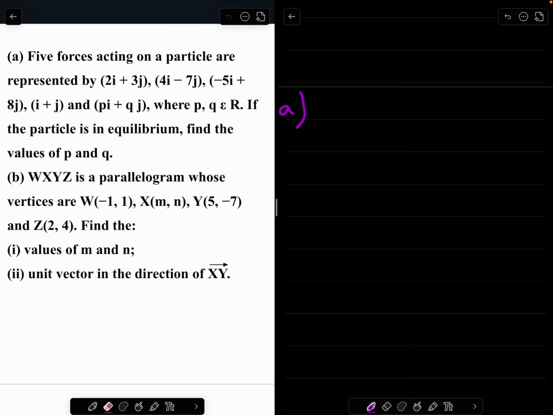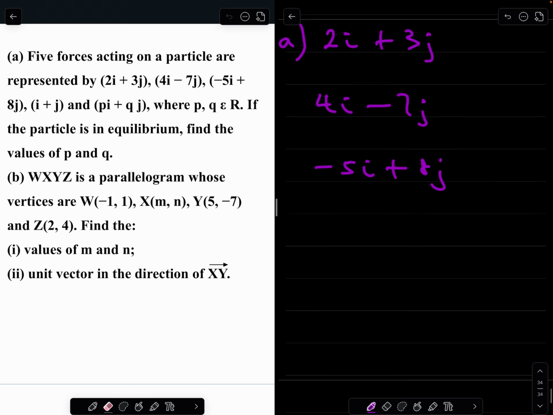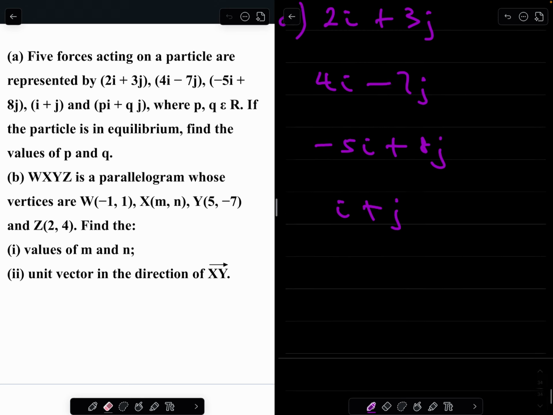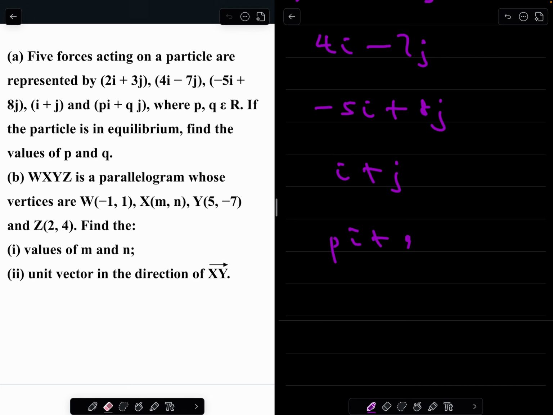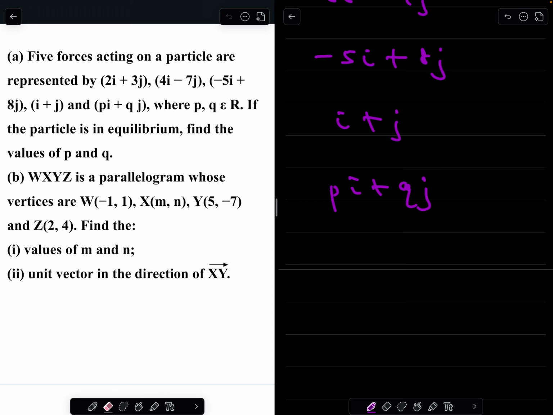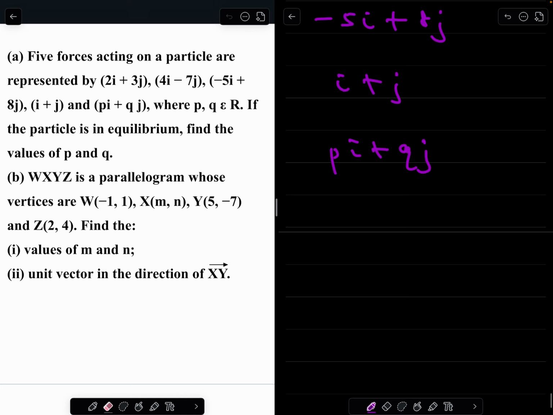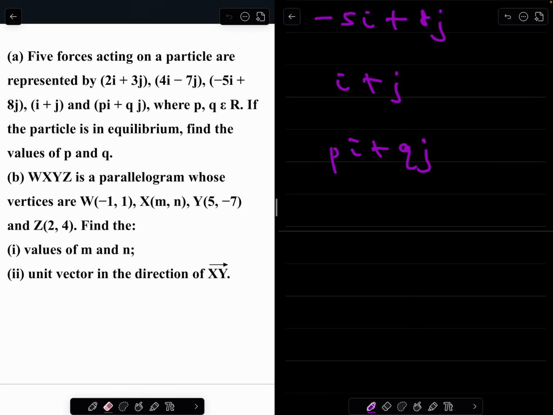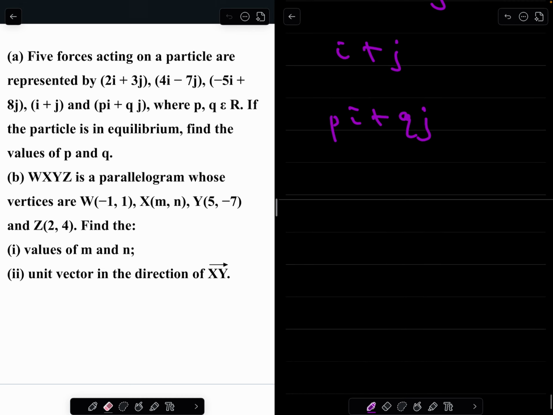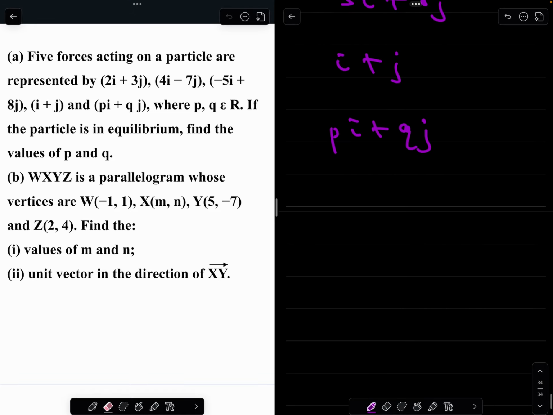Now, question A. The five forces acting on the particle are 2i plus 3j, 4i minus 7j, minus 5i plus 8j, i plus j, and pi plus qj. If the particle is in equilibrium, find the values of p and q, where p and q are real numbers. Now, what do we do? We can write, if the particle is in equilibrium, that means the resultant of the forces acting